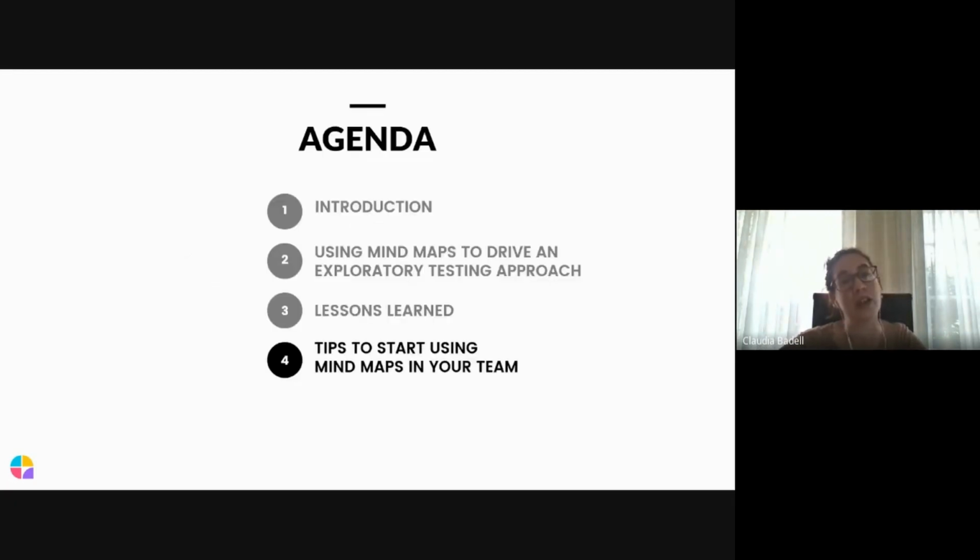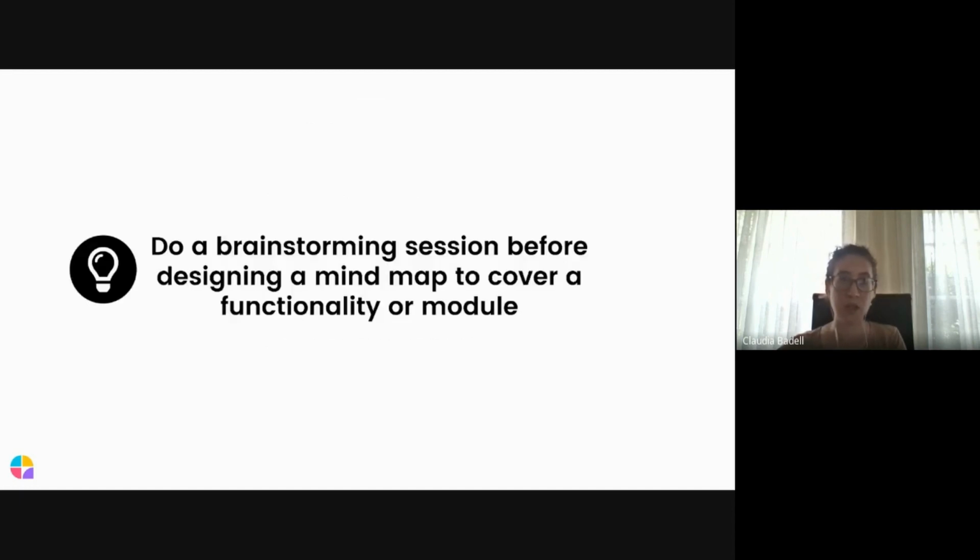So now let's talk about some tips to start using mind maps in your team if you are interested in using them. I strongly recommend doing a brainstorming session before designing a mind map to cover a functionality or module with the different team members involved in developing and testing it.